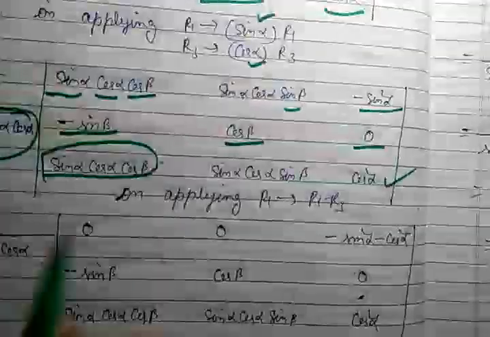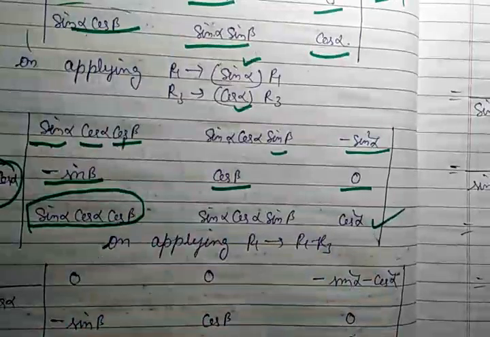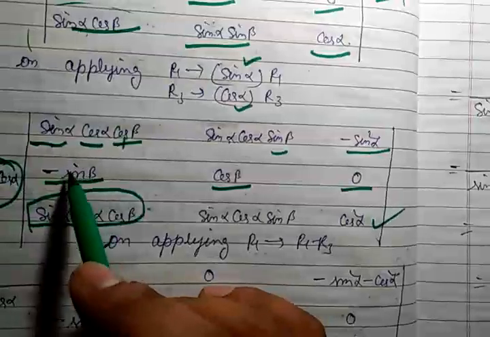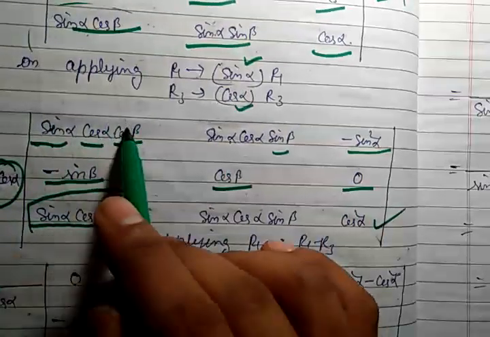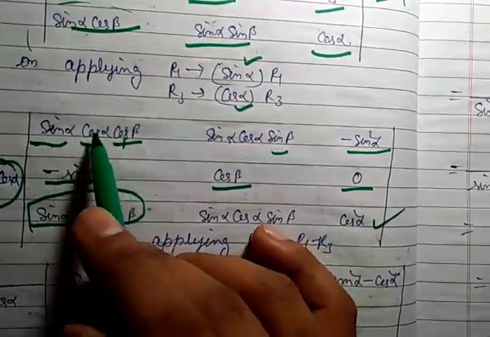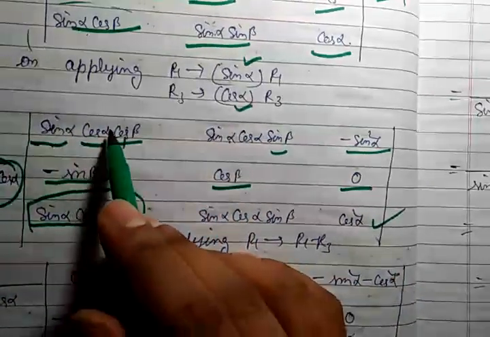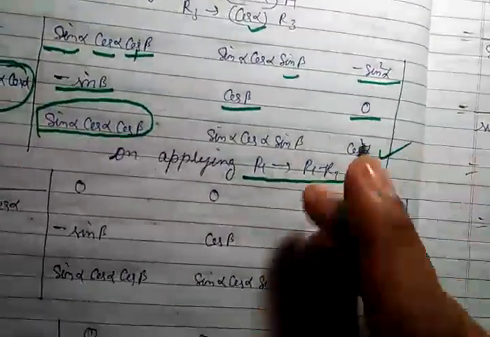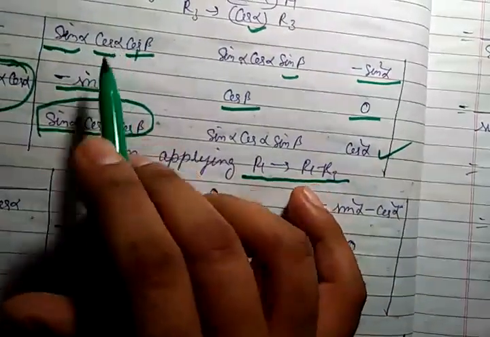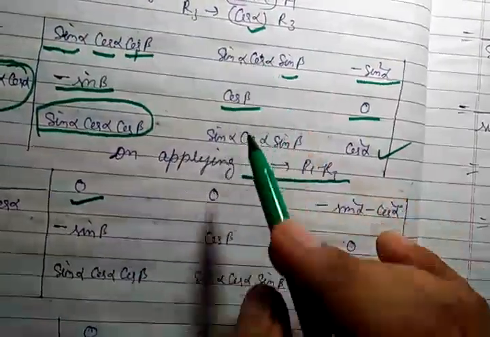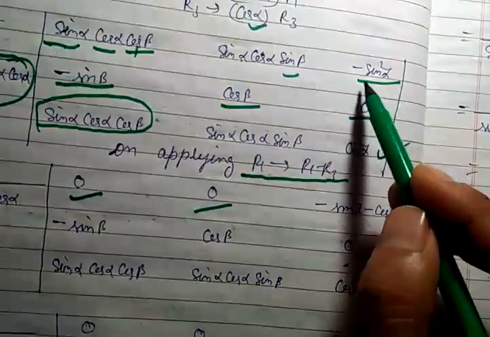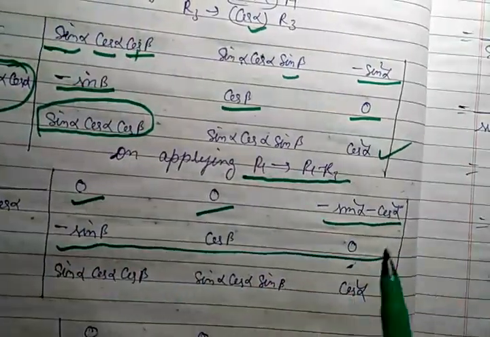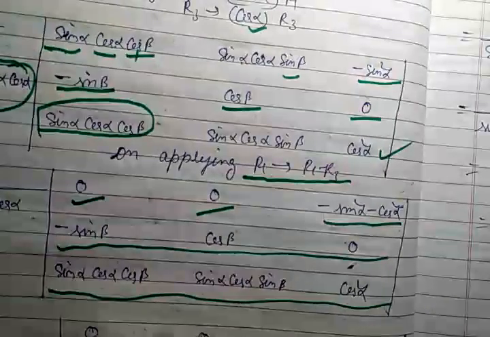Now you can see that these both terms are the same, so there is no chance of taking a common factor because there is nothing here. What we can do, this and this term are the same, so you can make it 0 by applying the property R1 minus R3. So we are applying here the property R1 minus R3, and after applying this property you will get this minus this, which is 0, and this minus this, which is 0, and here you will get minus sin square alpha minus cos square alpha, and there is no change in R2, it is as it is, and no change in R3, the same as it is.